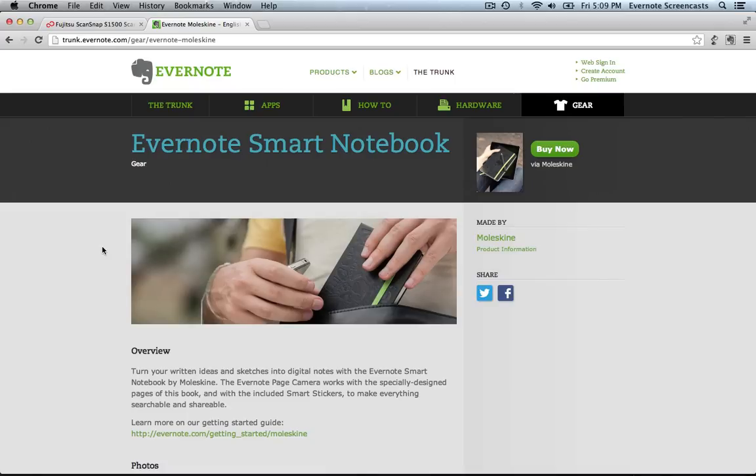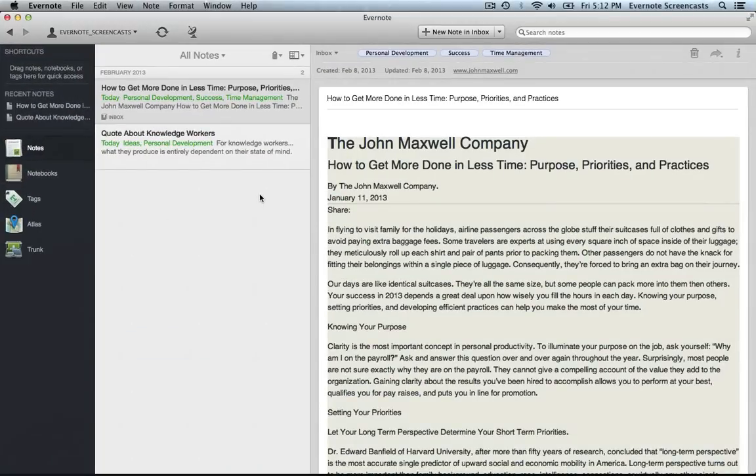I do have an iPad though, which, as you might expect, does have Evernote installed, but I haven't invested in the smart notebook just yet. That means, unfortunately, that I can't give you any direction in this area, but there are some great tutorial videos online. Let's go back to the Evernote client, and let me show you some ways that you can format the